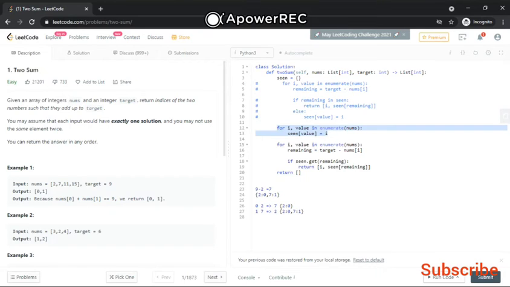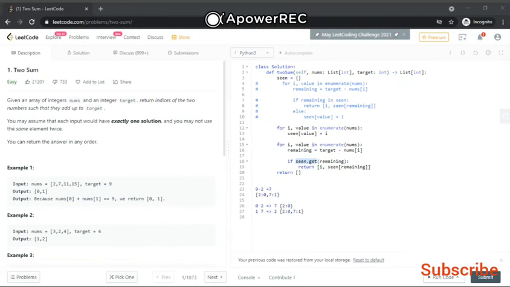But here we use seen dot get, which gives you the data in O of 1 time complexity. That is more efficient. If you Google how a dictionary works, you will know that dot get results in only O of 1.